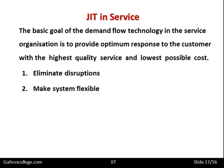Try to make the system flexible so that the system can be reconfigured when different types of products are required. So it may be changing tools on certain machines, and it's important that the workforce have the proper training and skills to enable them to do this. So try to reduce the setup and lead times by having economic runs, having appropriate batch sizes, but at the same time